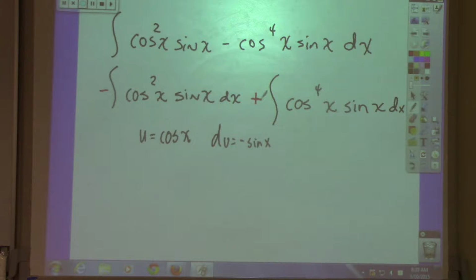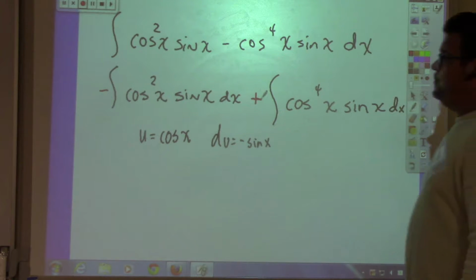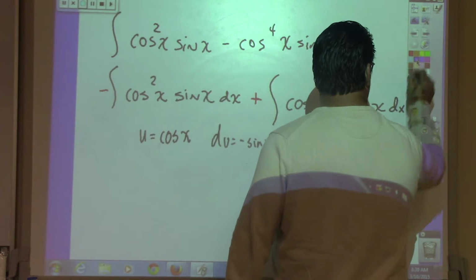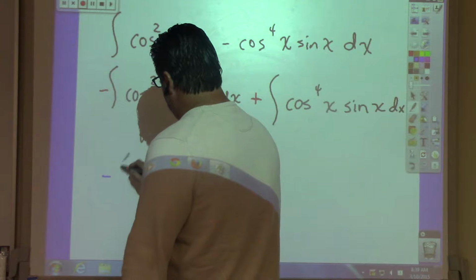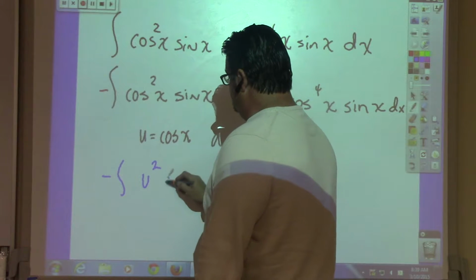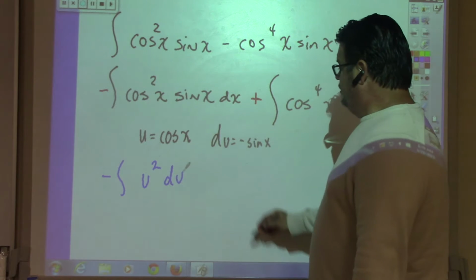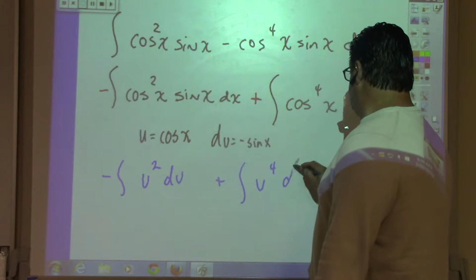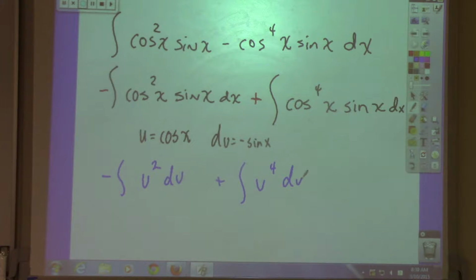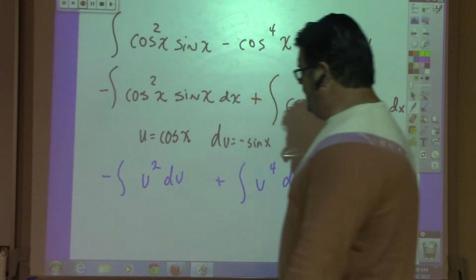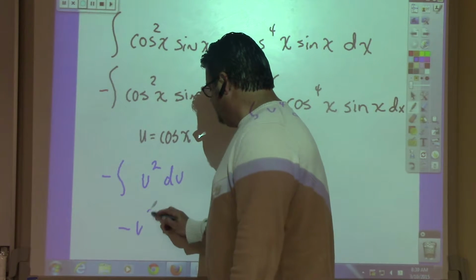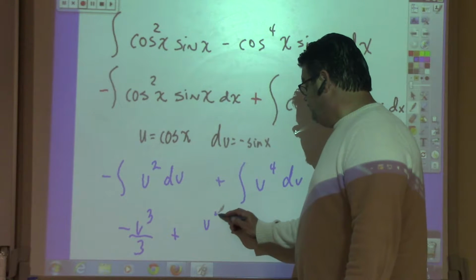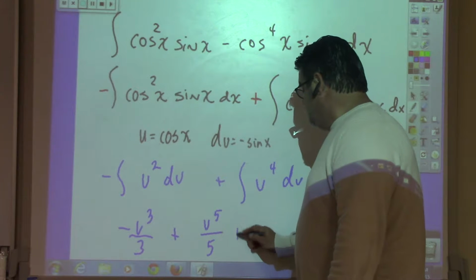Positive. And then you'll have negative antiderivative of u squared du plus antiderivative of u to the fourth du. And that'll give you negative u to the third over 3 plus u to the fifth over 5 plus c,